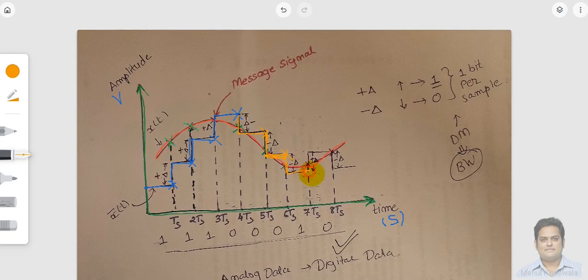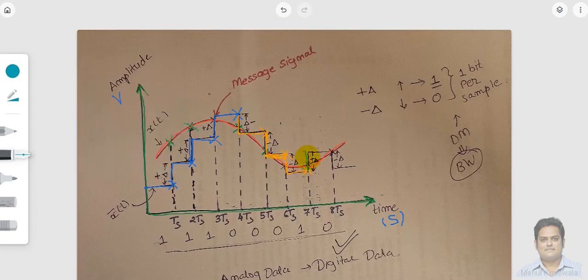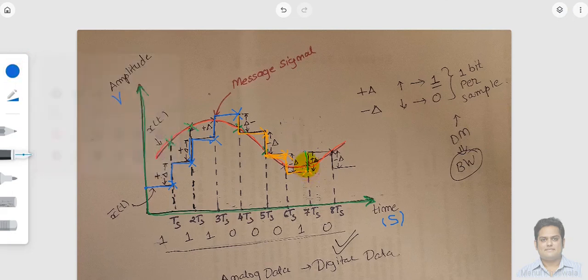Here you are going to check again. Now in this case you will find that the value of the input signal is greater than that of the quantized signal. So in that case we are again moving in the upward direction. So I think now it is very much clear to you. We are going up by delta, we continue for a constant, and then we are again going to check. So it is almost the same, just a bit of difference, so we are just going downward again.